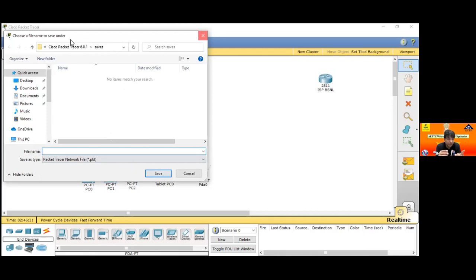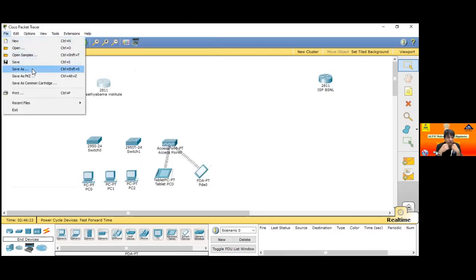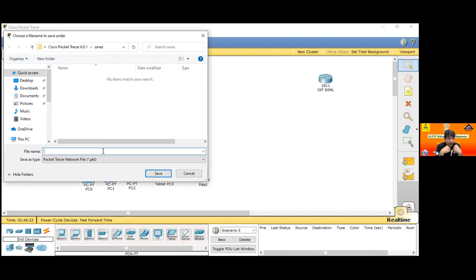Desktop, quick access. Again, save as, and on the right side, you have organized. Then below quick access, click on desktop. Right most, yeah, desktop. Okay. And put a file name.